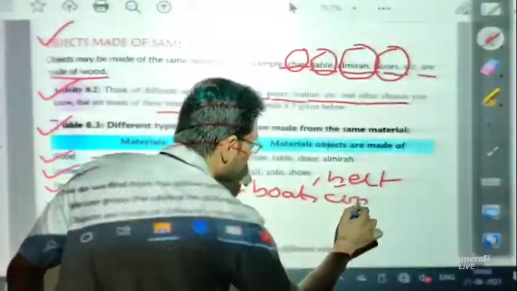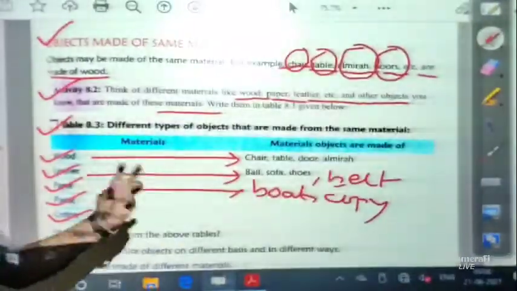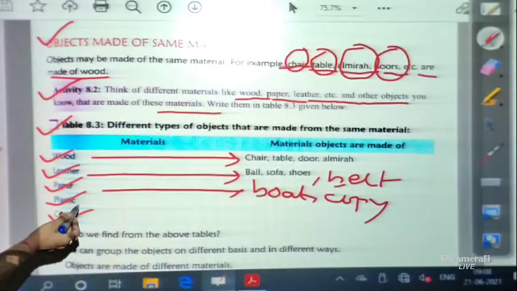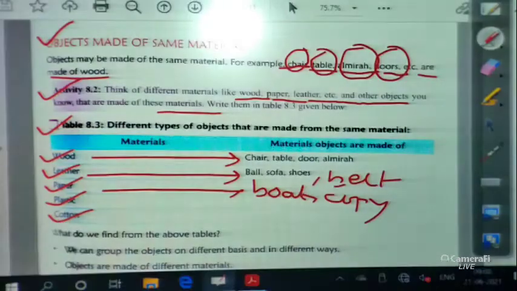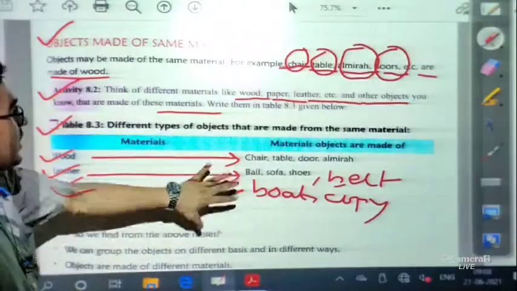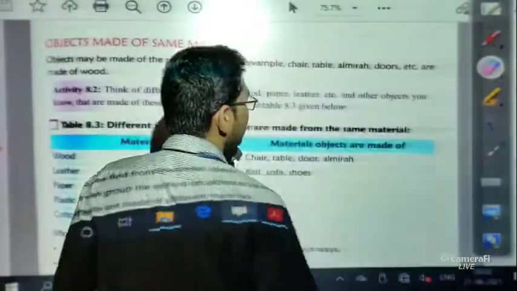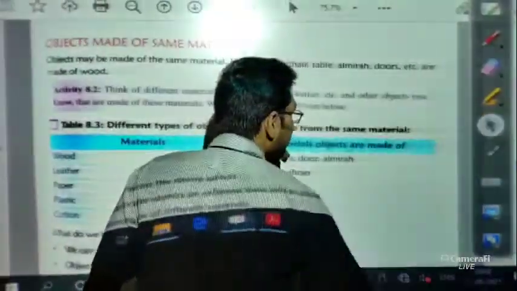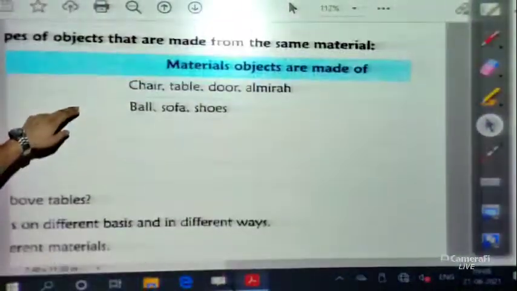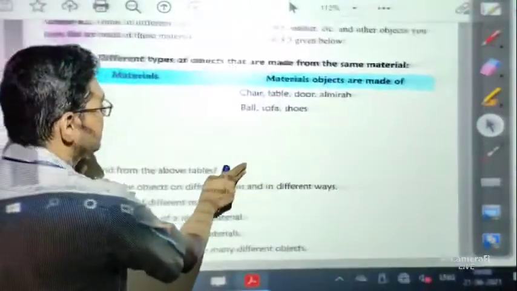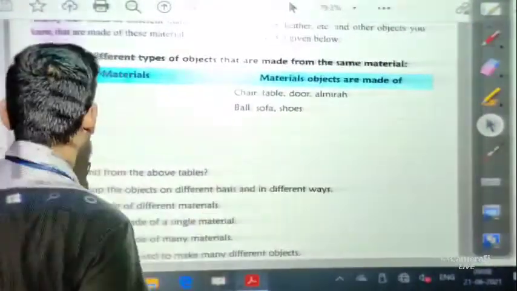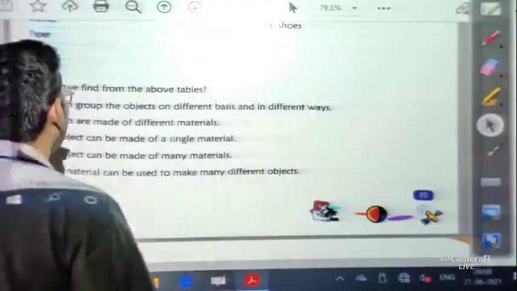Copy. From paper we can make a copy. So there are many more examples. So write down. From plastic we have already discussed, cotton. So just find out the table. It is not a big deal. You can easily fill the tables. As many materials as you know you can take and fill the table. Now in this part just have a look.